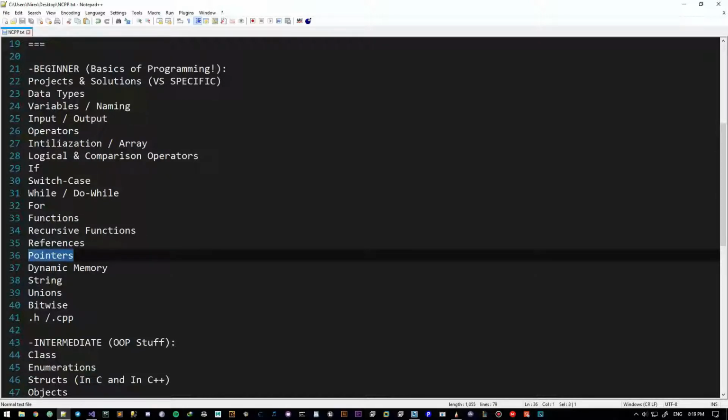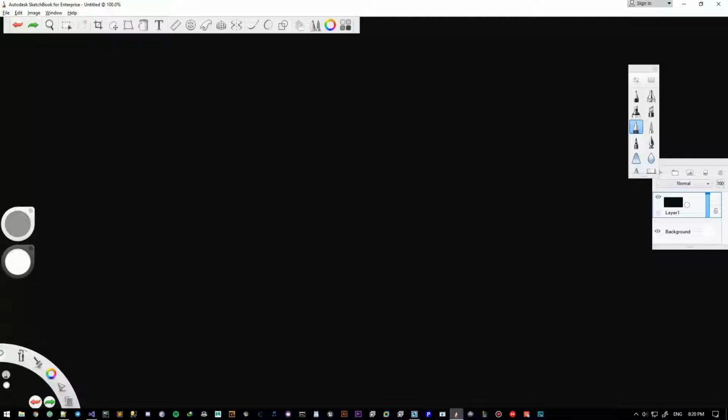So let's get started without the code and with this dude right here. Now what are pointers? Well, you already know what references are, right? References are another name for your variable. But what is a pointer? Remember when I said variables are like boxes that you can put stuff in?